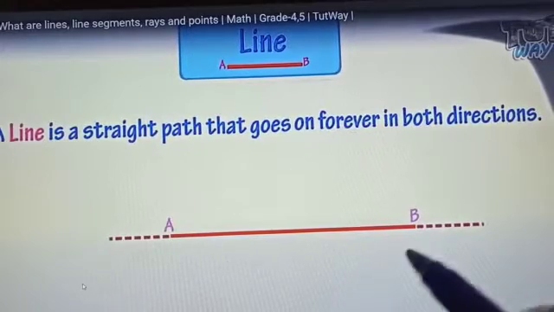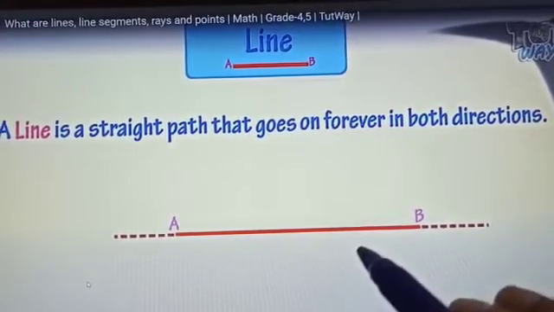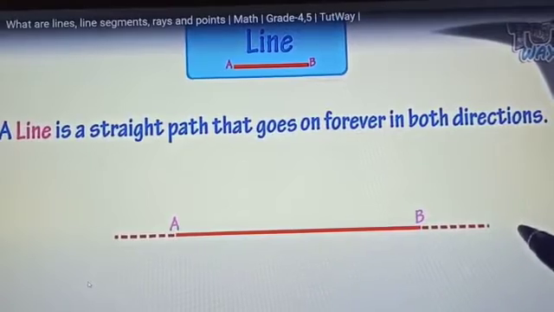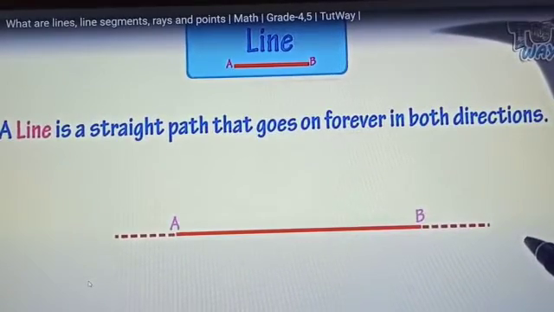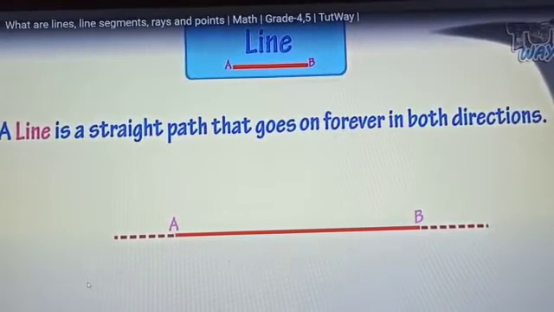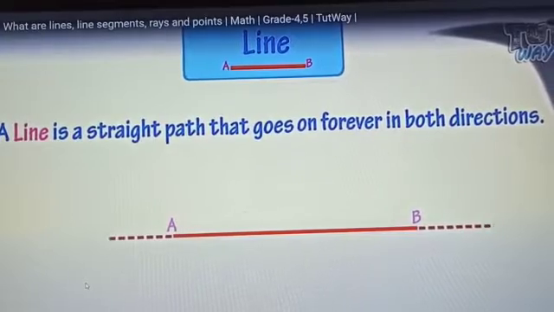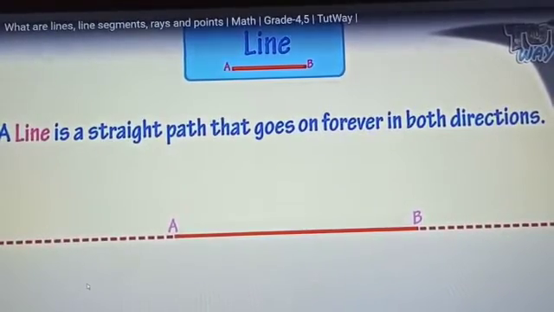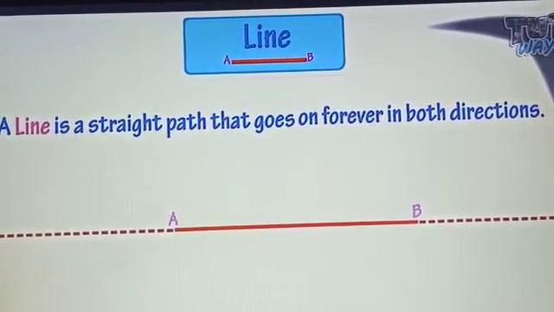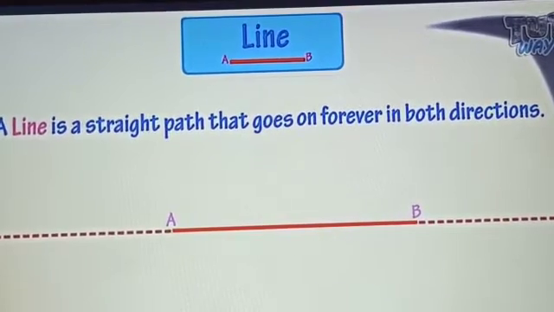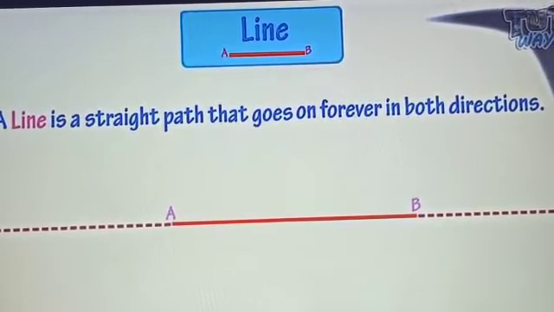A line does not have any end point. Okay, it doesn't have any end point. It can extend in both the directions because it does not have any definite length or fixed length. So it is denoted as, look here how we can denote this. See, it is extended in both the directions. How can we denote? A line,